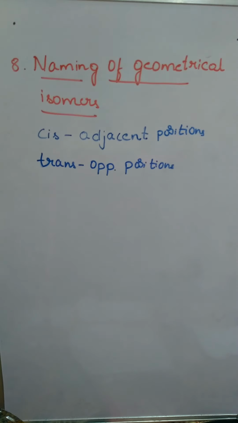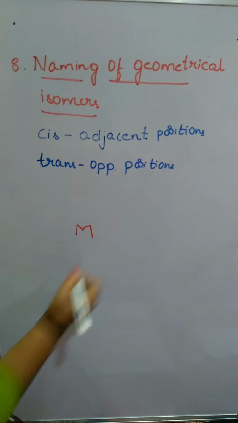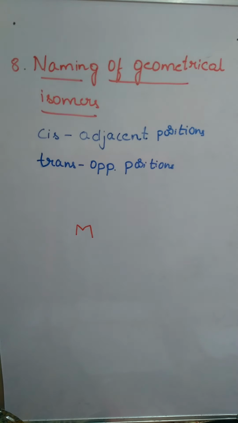So how are we going to indicate that? Now we shall see. So we have a central metal. This is a square planar geometry. Already we have discussed coordination polyhedron. In coordination polyhedron, if four ligands are there, then it will show two different types of arrangements. One is tetrahedral and the other one is square planar. So we are going to check now with the square planar.